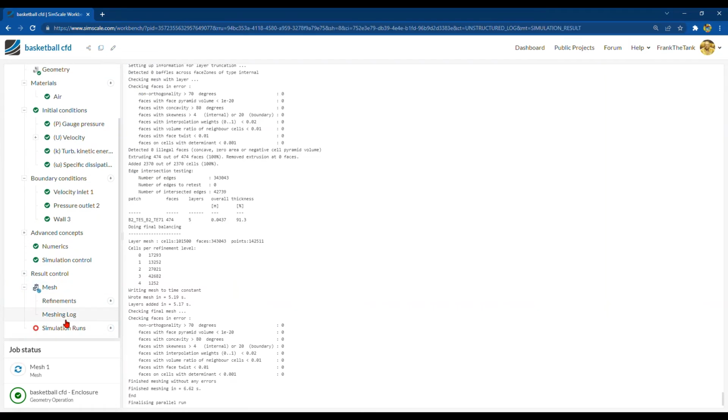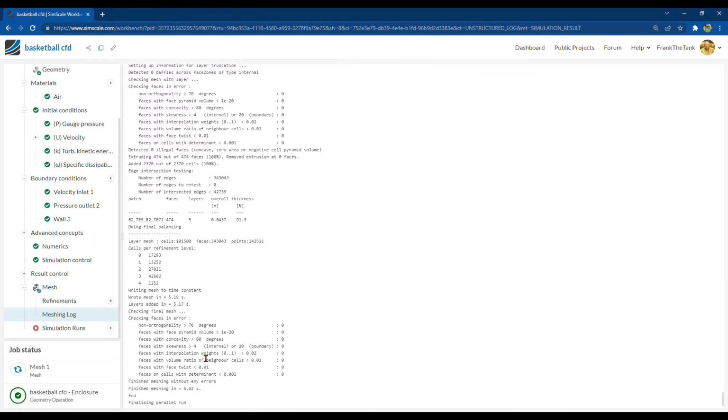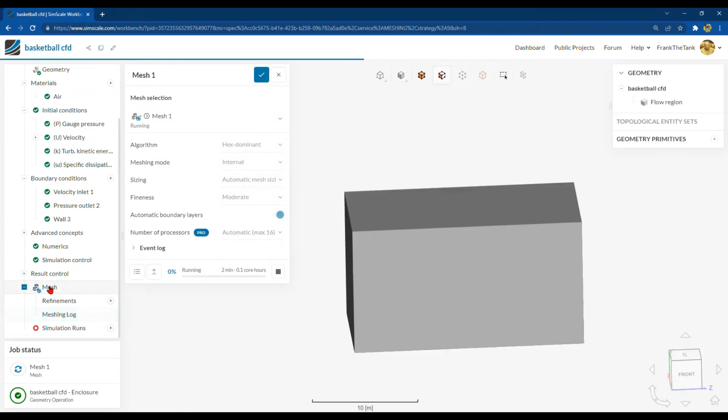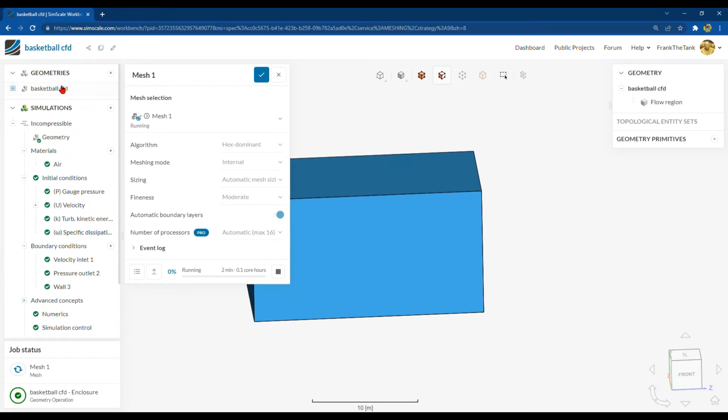The meshing log just tells you all the progress. It's also finalizing the mesh, so it's almost done. So if we go up here,